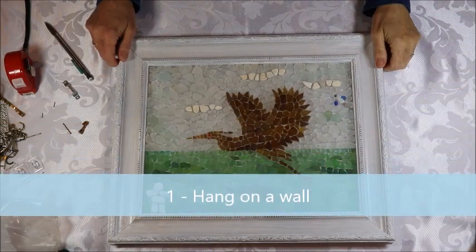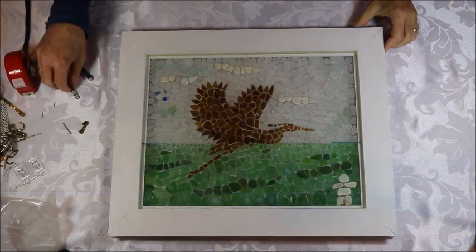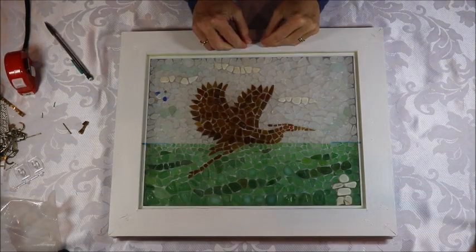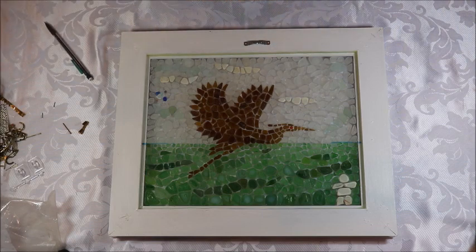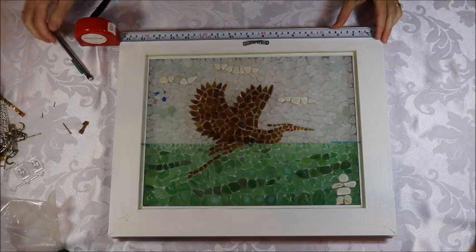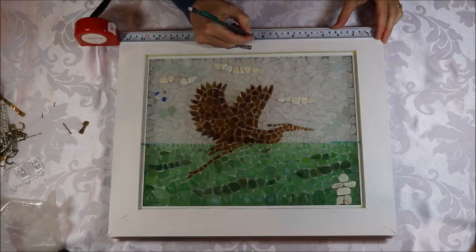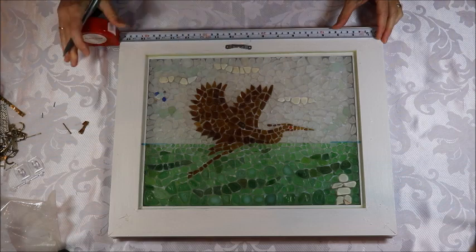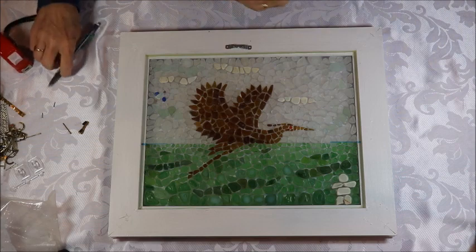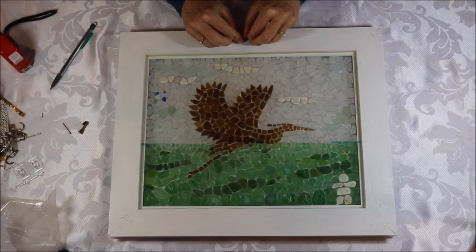So I just finished this piece and I want to hang it on the wall. So what I'm going to do, I'll flip it upside down. And I want to put this sawtooth hanger right in the center. So I'm going to take my measuring tape and measure the back so I get right in the middle. It's 17.5 inches. So that is 8 3/4. So I mark a little spot at 8 3/4 directly in the center. And I know that's where I want the center of my sawtooth hanger to be. So then I'll just put that there so that the center of that lines up with the little dot that I made,